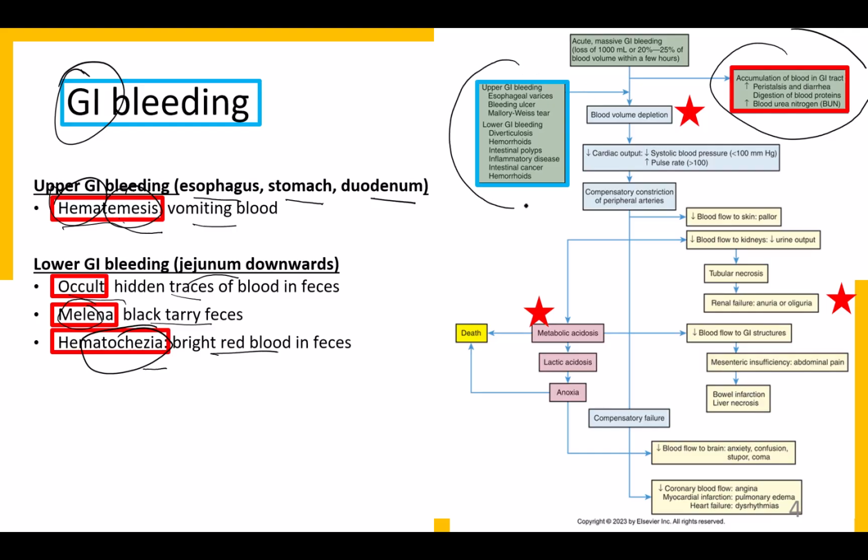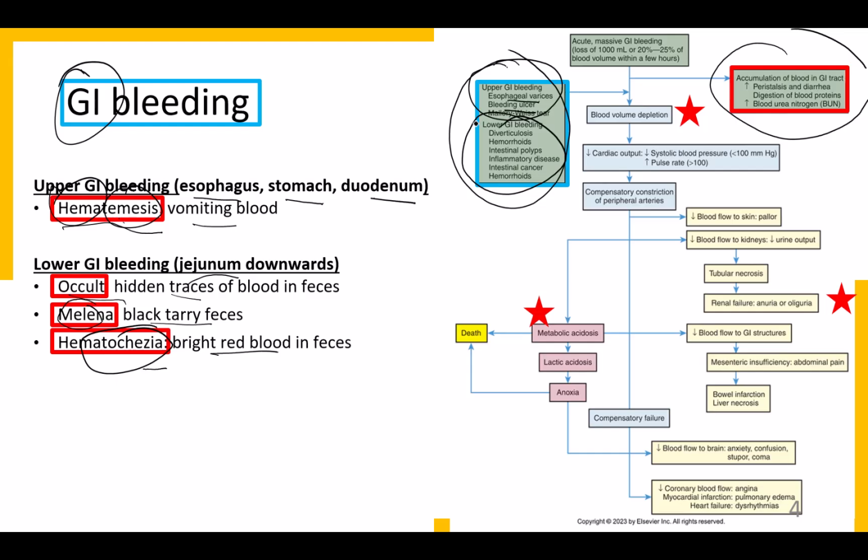And these are just the sources of bleeding. So upper GI bleed due to esophageal varices, that we'll look at when we look at disorders of accessory glands, accessory organs of the digestive tract. Bleeding ulcers, that we're going to look at when we look at peptic ulcer disease. And then we're going to look at some of these other sources later on in this